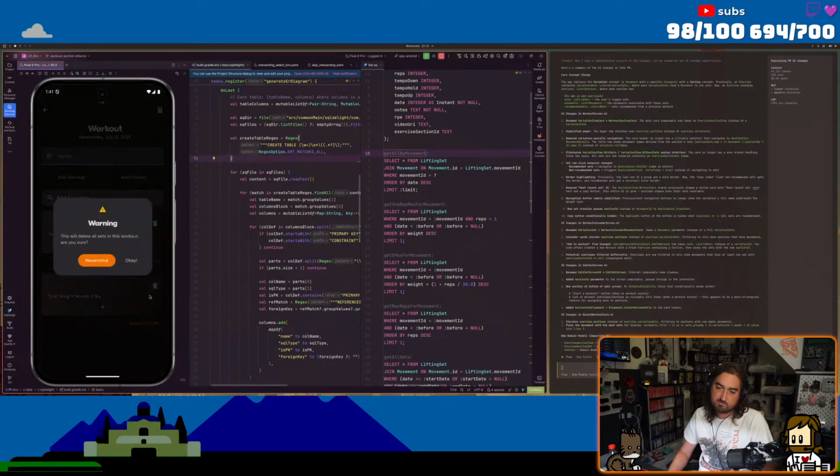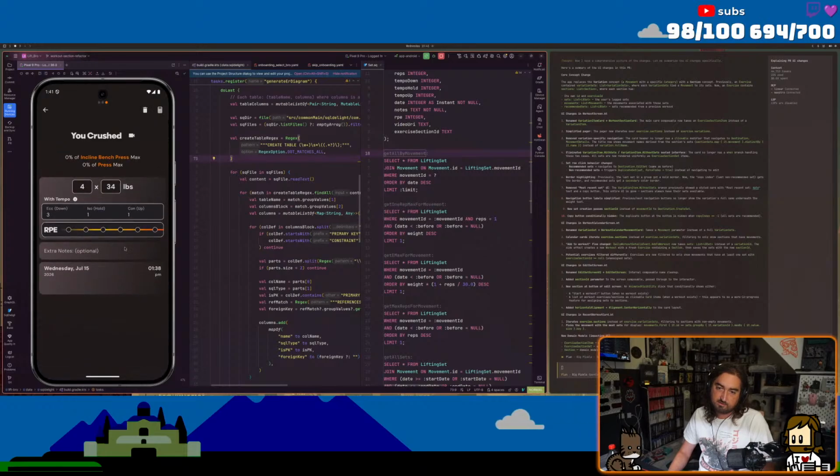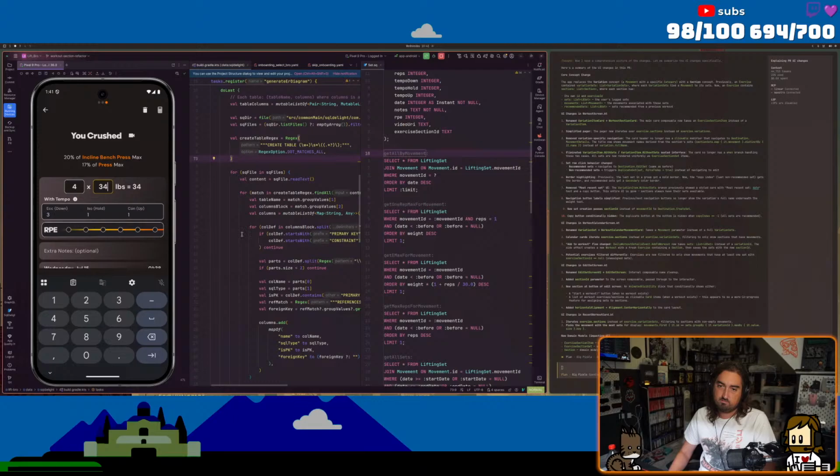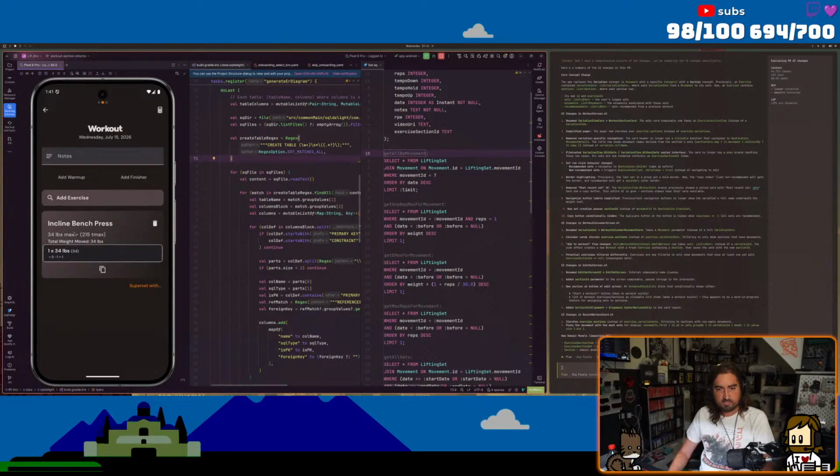I forget which one I hit, but it doesn't matter. So I'm gonna go in here, and then we'll do incline bench press. Yeah, this is weird. Incline bench press, 4 by 34. I guess that might have been the first time I did one. No, it's not, because that shouldn't have triggered. Okay, so now this appears, and then if I copy it,